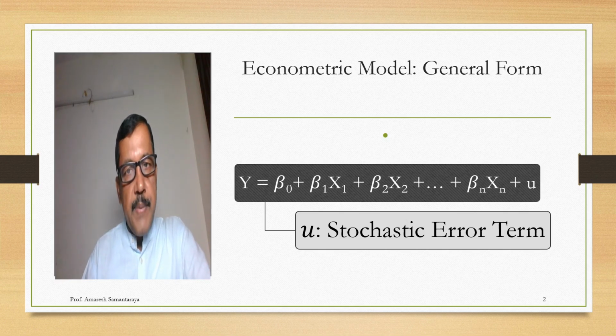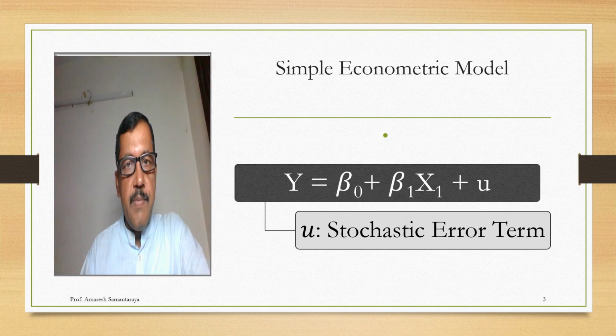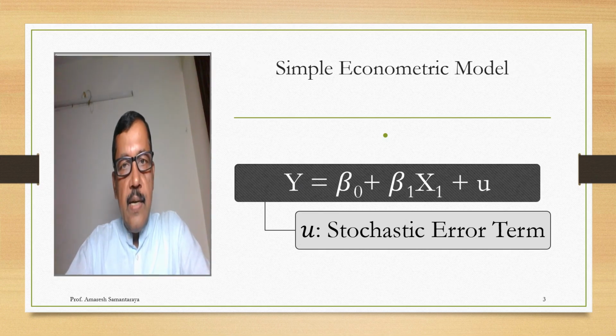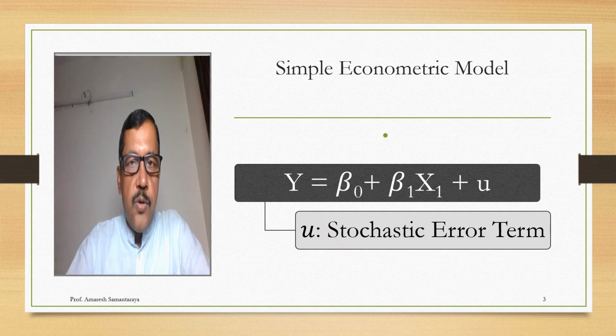Now, after specifying the econometric model and before undertaking estimation, what is required is data. We need to have data on the dependent variable y, explanatory variables x1, x2, etc. Only once we have data on those variables can we go to the next step of estimating the